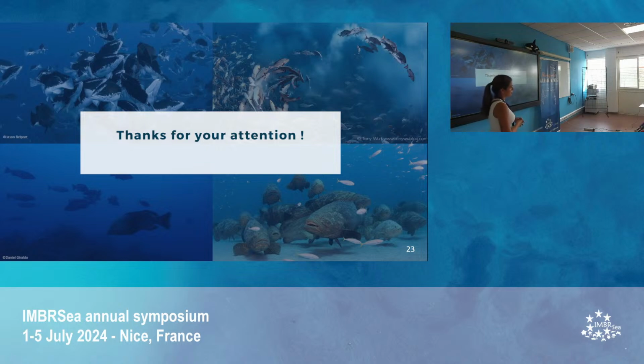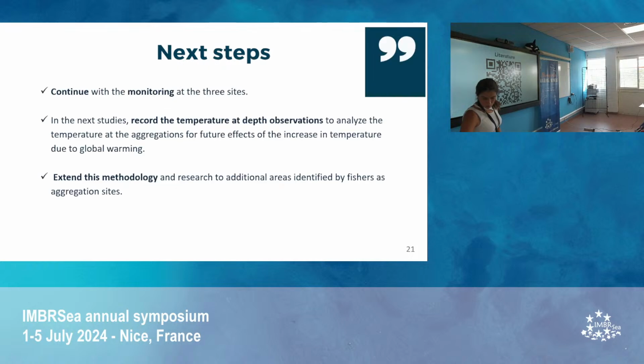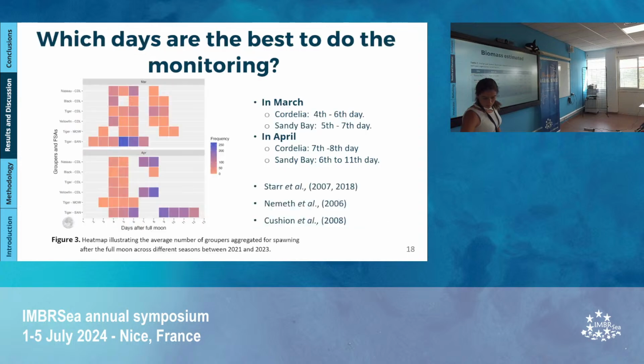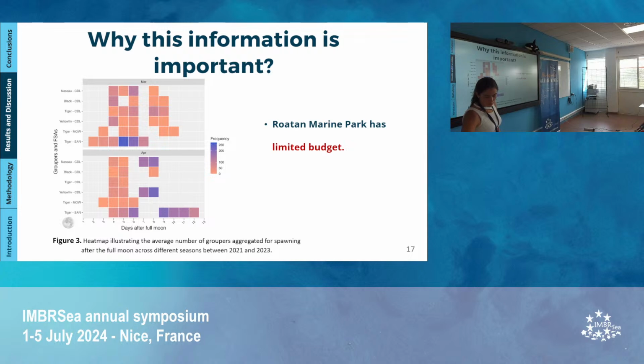So you talked about numbers, and I was wondering why not density? I mean, you didn't give us any information on the methodology used in terms of the census, because, okay, you may have 500 groupers in an area the size of a football field, but that's not the same as 500 groupers in this room. So density would be more relevant, I think. Or are you saying that the divers covered the whole area?